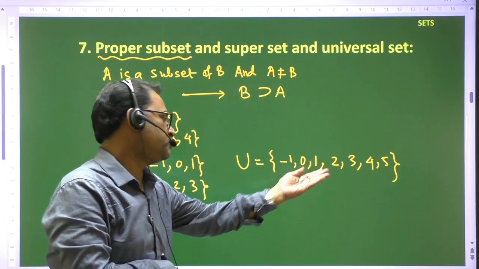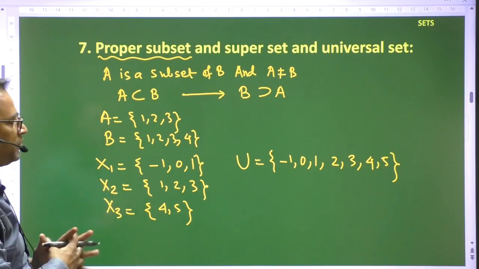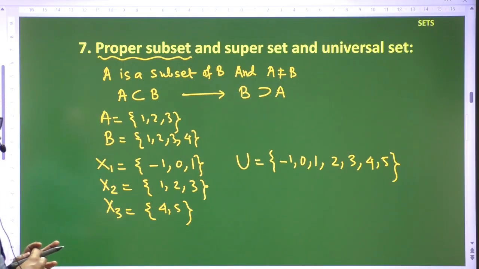Suppose if you add 2 more elements here, then you will get a different set, but for a particular problem, the universal set we have to fix. Okay,